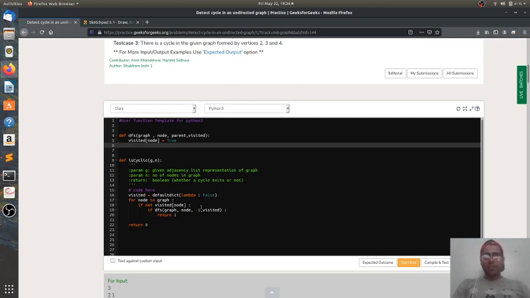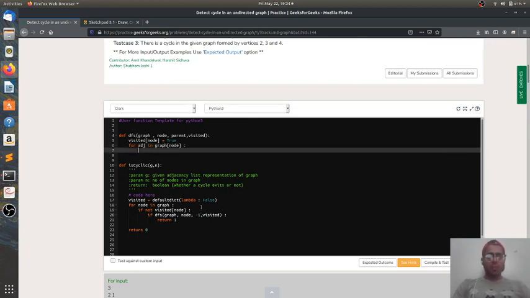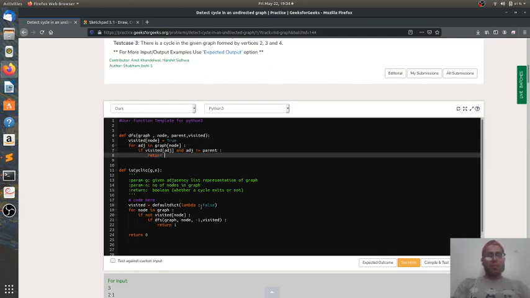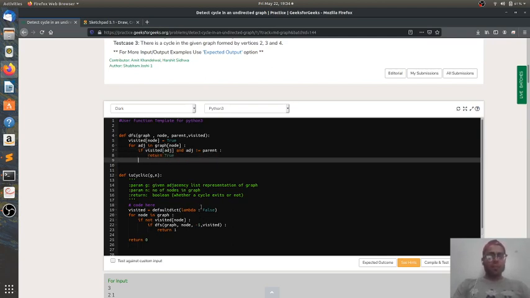Now for all its adjacent vertices we need to check, for adjacent in graph of node, right? If it's been visited and adjacent not equal to parent, this case first, so we'll return true, right?